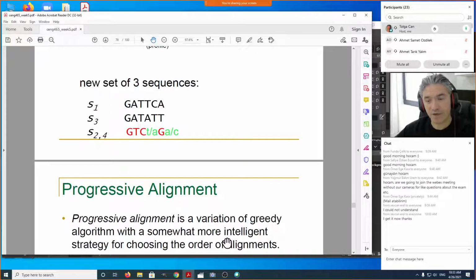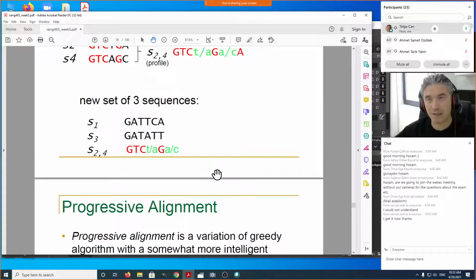After that, we're going to continue with star alignment, in which, as I said, one of the sequences in our set is going to be picked as a pivot, as a reference sequence, and we will be using the pairwise alignments to that pivot sequence, and it will be much faster than this greedy algorithm. After we have chosen the pivot, we just build the alignment by writing those pairwise alignments to that pivot sequence one after another, on top of each other. It will give us the multiple sequence alignment. I will show you an example of this after the break.